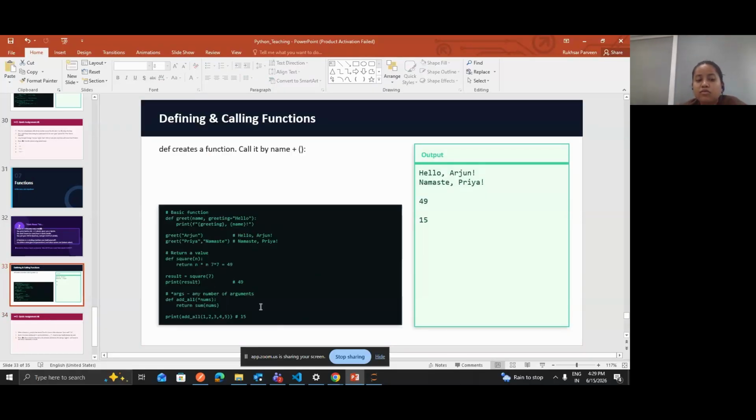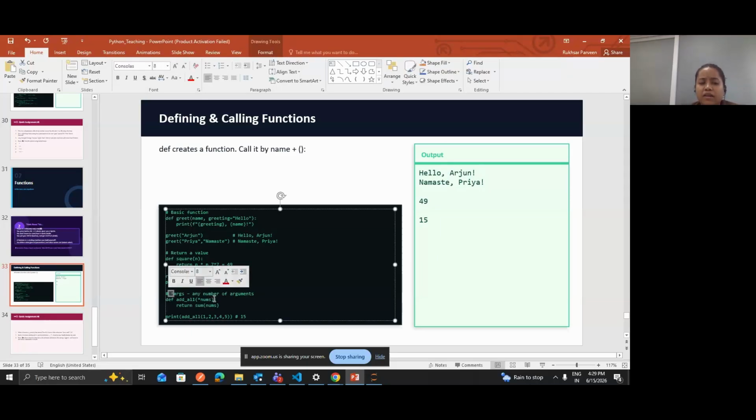Now suppose you don't know how many arguments you are going to pass. In that case, you can simply use this star keyword and then your parameter name. The length is not going to be fixed; in this case it will create an array basically, and it will be able to handle everything.